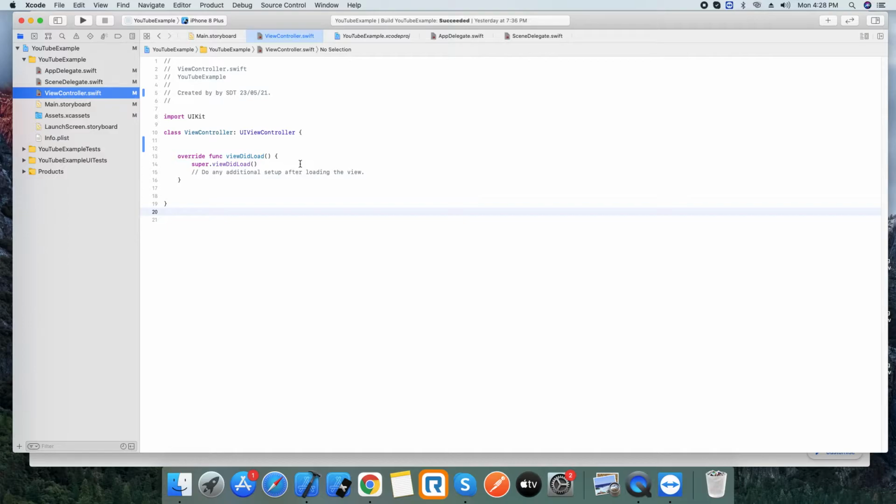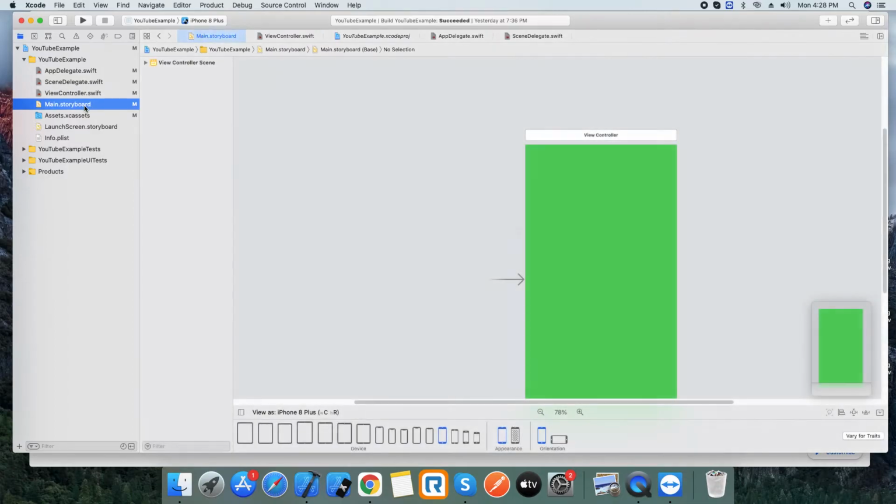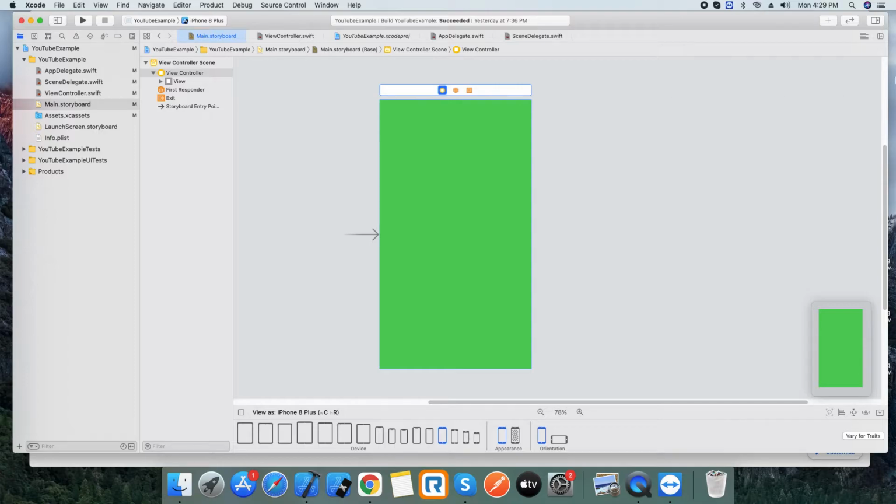Now coming to Main.storyboard. The main storyboard is a visual representation of our user interface. Whatever the user is seeing in the application, like the login screen, register screen, everything, the user interface alignments and all those things will be done in the main storyboard. Here we have the view controller.